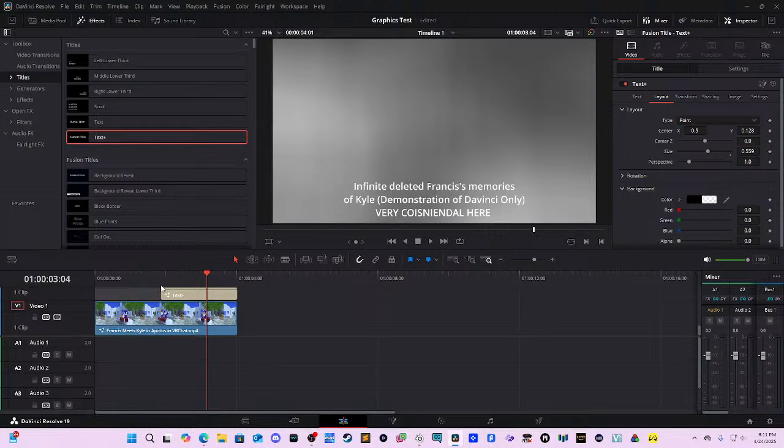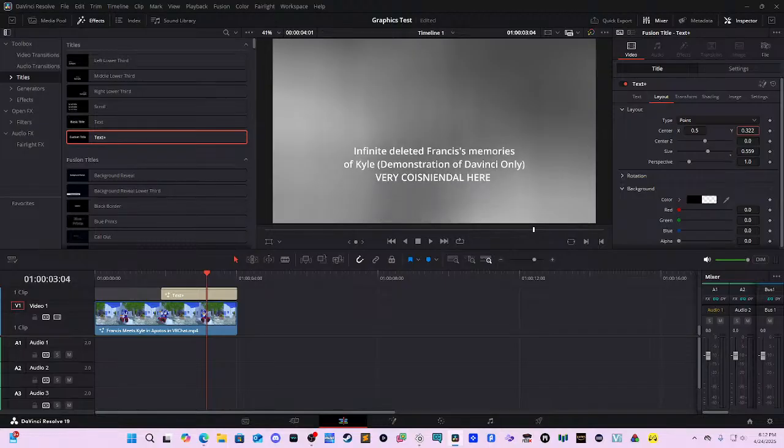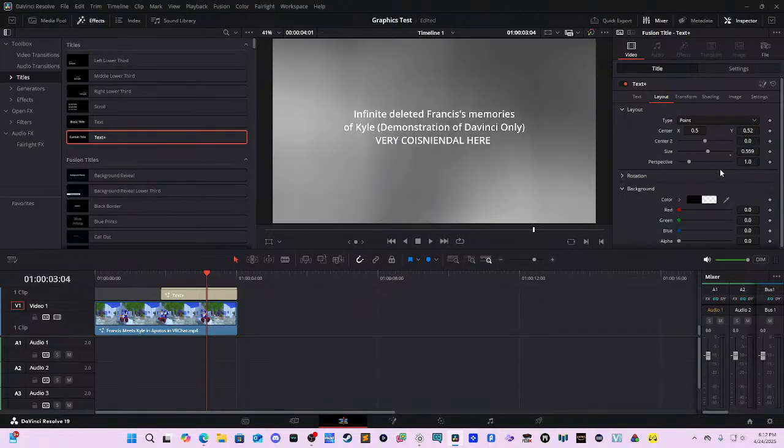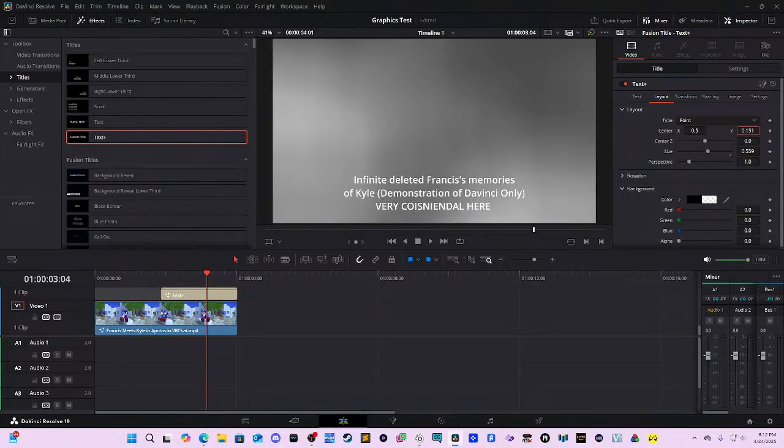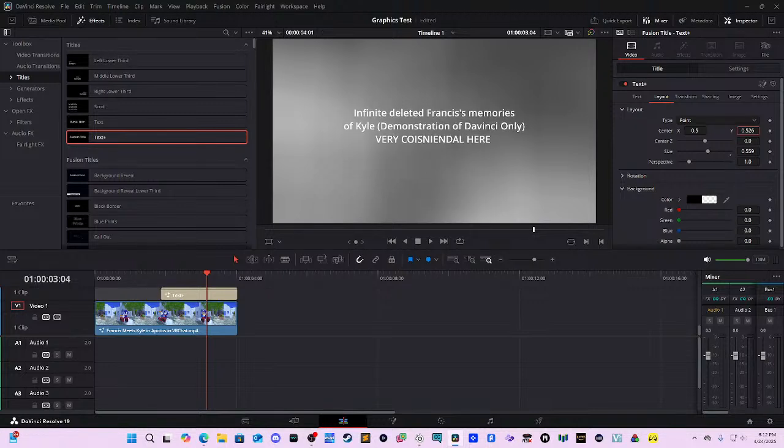Now I will tell you, don't do this area. Very common thing to do is place text on the bottom. The reason why you don't want to do that, however, is captions. Put this thing in the middle. Do not put this on top. Do not put this over here. Put this thing in the middle